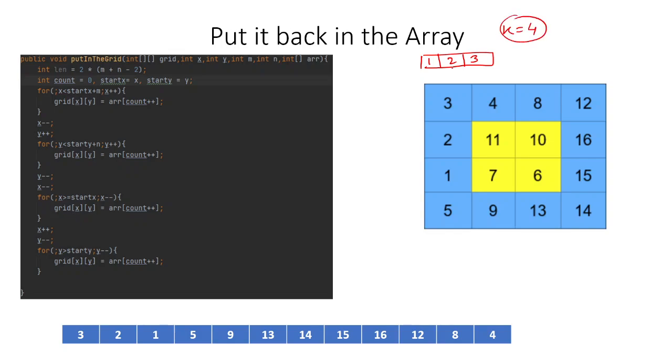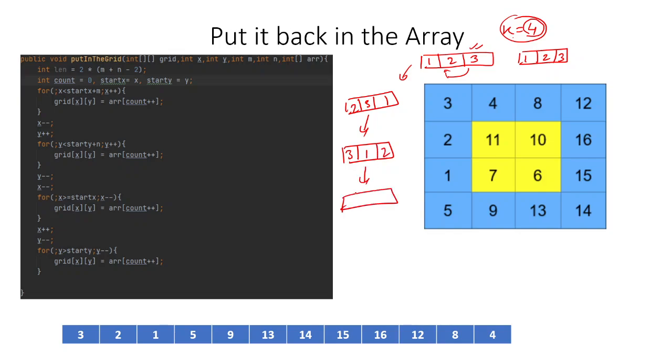1, 2, 3, and you want to rotate it by k equals 4, you can see that the value of k is greater than the length of this array. Since the length of this array is 3, if you rotate it by 3 units, it will come back to the same array. Suppose you rotate it by 1, it will become 2, 3, 1. Rotate it again, it will become 3, 1, 2. Rotate it again, it will become 1, 2, 3 again. So if the array length is n, and we are rotating it by n itself, there will be no effect on the array.